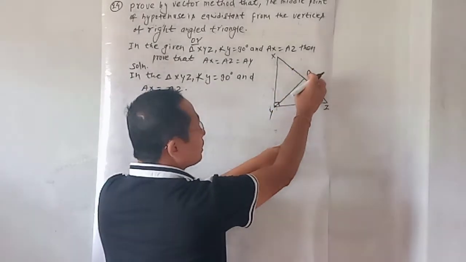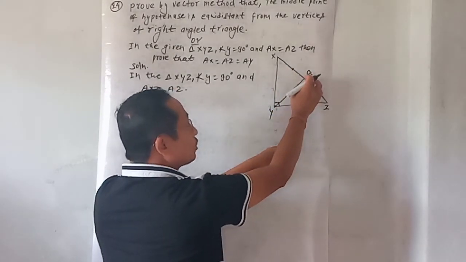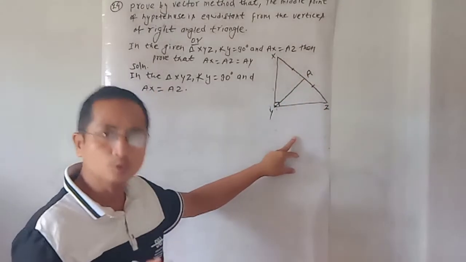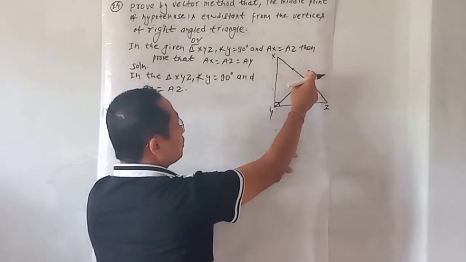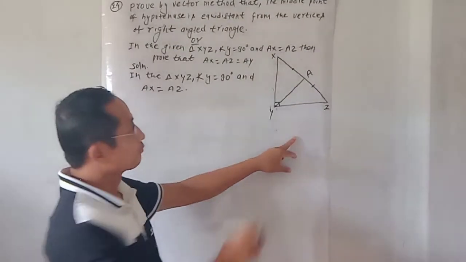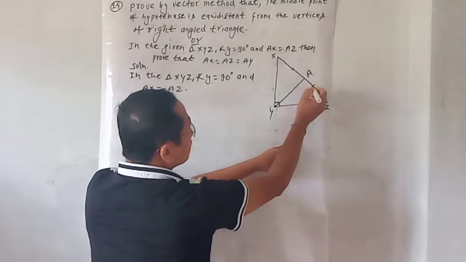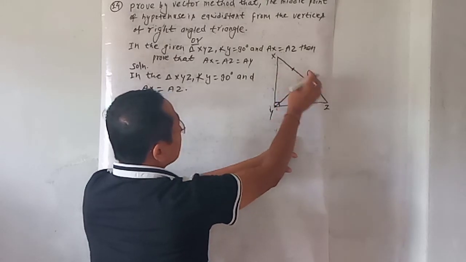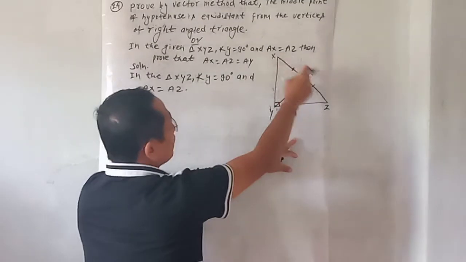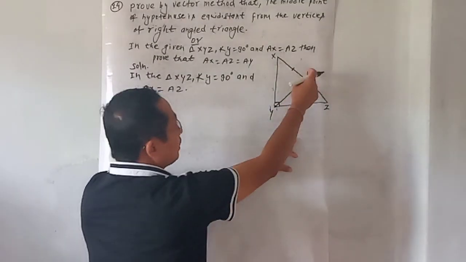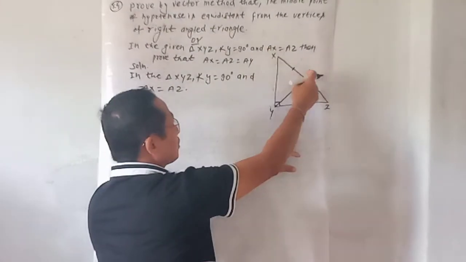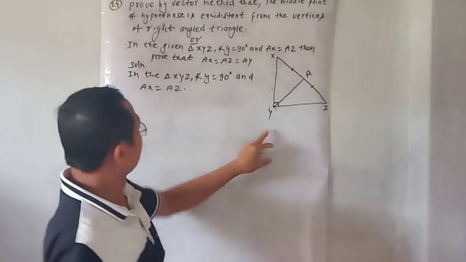So this midpoint A is equidistant from X, Y, Z. You have to prove, I mean, AX is equal to AY is equal to AZ. Here AX is equal to AZ is given in the question. Now we have to prove AX is equal to AY, or AZ is equal to AY. Then we can prove that AX is equal to AZ is equal to AY. So for this,